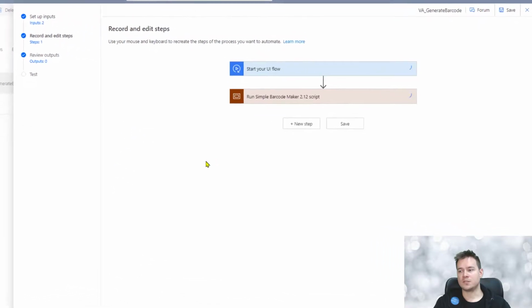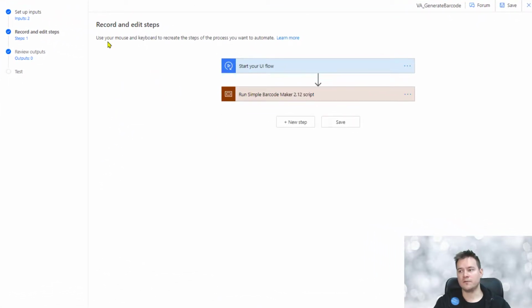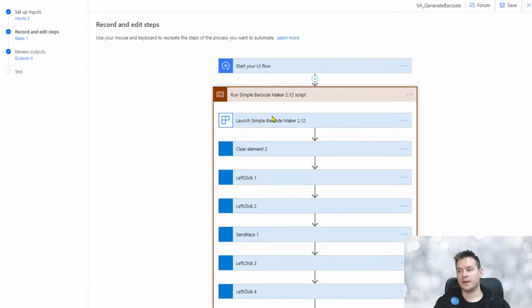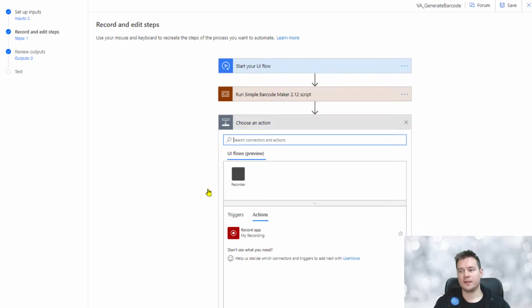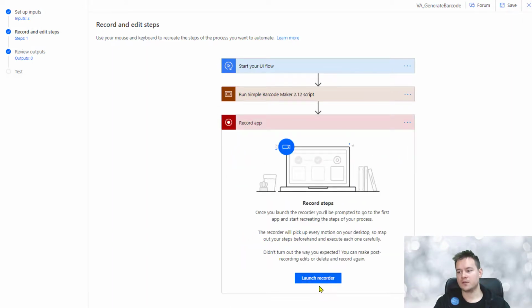Once you start working with the UI flows, the first thing you have to do is to create this map of actions. So for example, if you want to create a new RPA sequence, you have to use this recorder app. And then once you hit it,